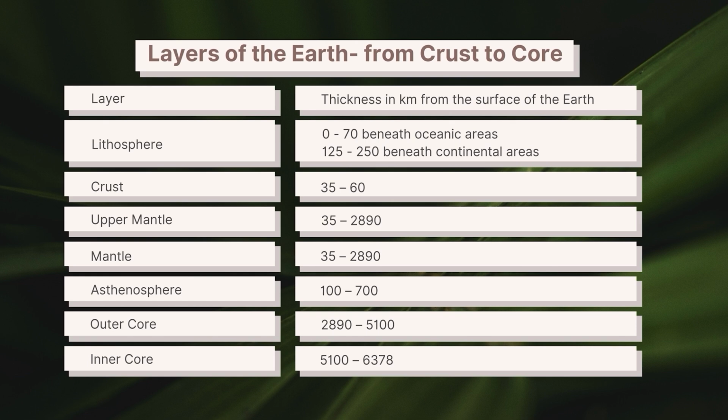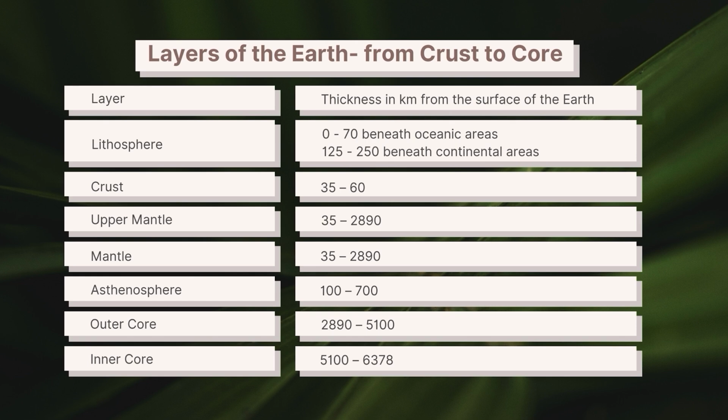The lithospheric thickness is also different. Lithosphere is thin in oceans, whereas it is thicker in the continental areas. Now crust is 35 kilometers, upper mantle is 35 to 60 kilometers, mantle 35 to 2890 kilometers, and the